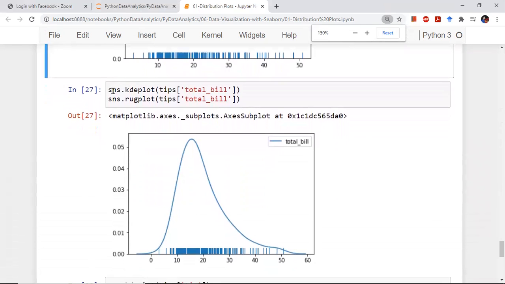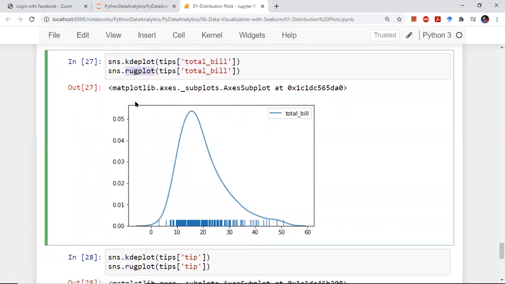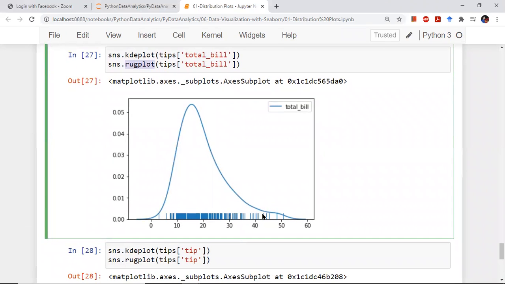Right, so you can have a sns.kdeplot of total bill, and you can have a rug plot. So this is the KDE plot, these small dashes, sorry, the small dashes are the rug plot, and this particular curve shows the distribution. If you want to fit a normal distribution over all of your total bill data spread, then you can summarize all your total bill with this normal distribution curve. Okay,